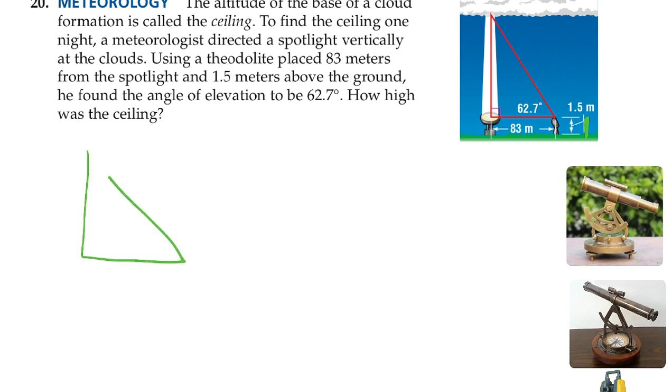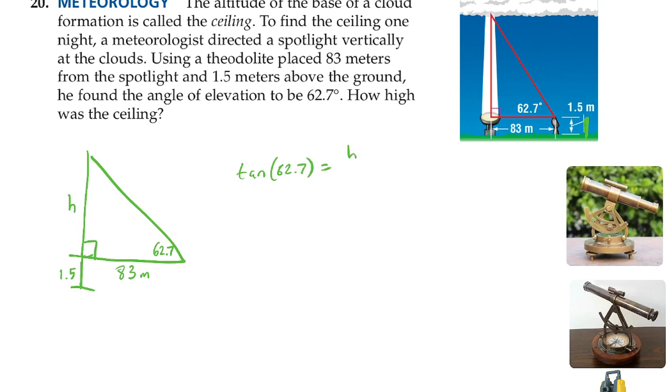Well, we have this picture here. We have a 62.7 degree angle. We are 83 meters away. We want to find this height, and then afterwards we need to add 1.5 meters because it wasn't on the ground. So we say, okay, well, the tangent of